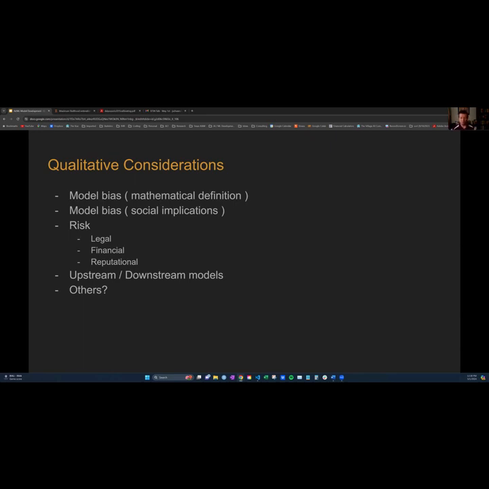There's also upstream, downstream risk. So if you have a model that feeds into another model, and that model feeds into another model, and your model's out of whack when you're monitoring it, that's going to throw off all the rest of the models downstream from that. So you have to always consider the effects upstream and downstream. Again, my little 5-second question: can anyone think of any other qualitative considerations that might go into model development?